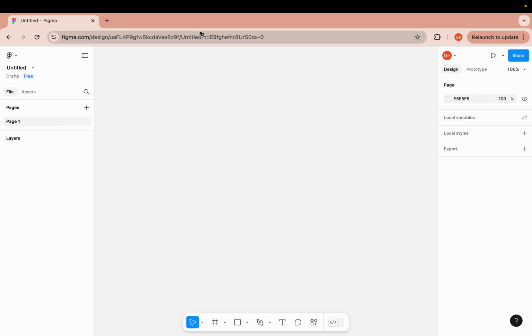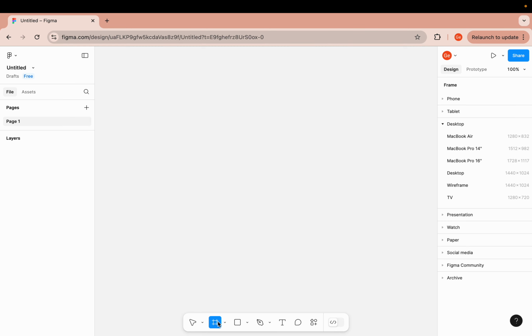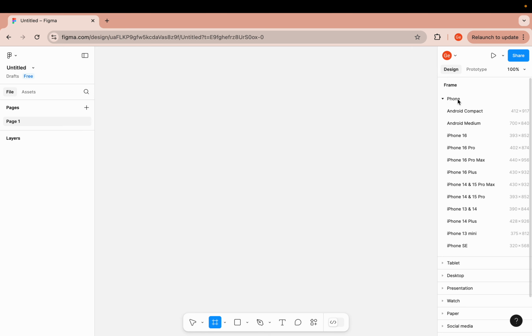First of all, we will need to add a frame, right? That's similar to Illustrator's artboard. For the frame, when we select it, you can see at the right menu there are plenty of options. If you are doing a phone app, you're going to pick a standard size for the phone screen size. Here are a lot of options. You can pick your